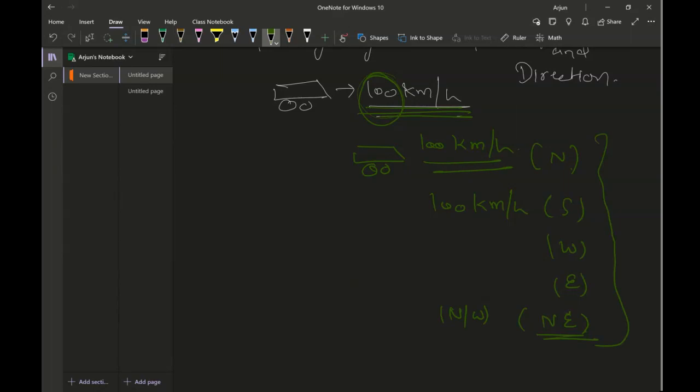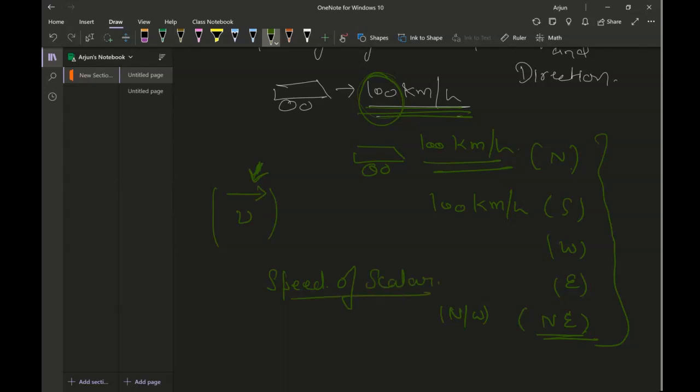A vector quantity is represented by a vector arrow on top. So this is a symbol for representing a vector quantity, and in this specifically I'm representing a velocity. So this is the symbol, arrow on top. So speed is an example of scalar,